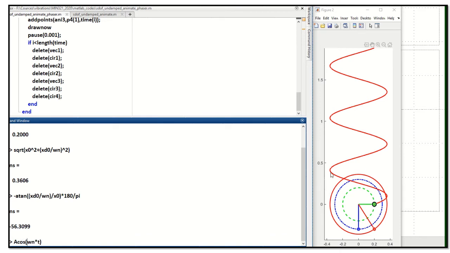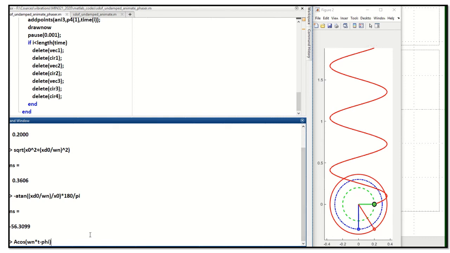If you don't include that negative sign in the phi, then you can write it this way: A times cosine of omega n t minus phi, which essentially means that this curve is lagging behind the cosine omega n t curve by this much angle. So phi is the angle by which this curve is lagging behind the cosine curve.